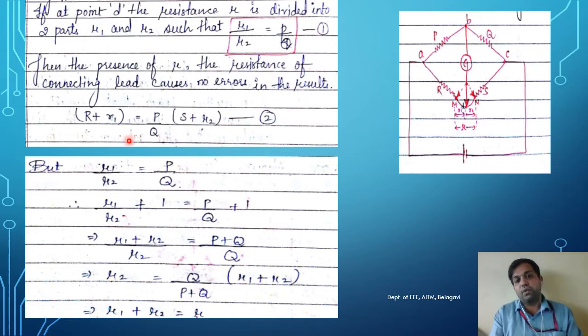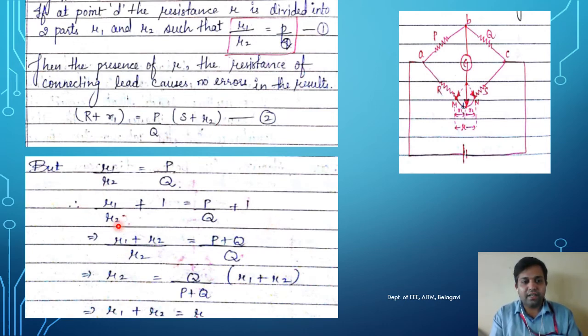But as we know, from the first equation, small r1 by r2 is equal to what? P by Q. Is it correct? So according to that, it can also be rearranged like this. So can I rearrange this entire equation? r1 by r2 plus 1 equals P by Q plus 1. If you further simplify, ultimately we are going to retain the same equation, right? So that this one and this one will get cancelled. So there is no harm arranging your basic equation like this.